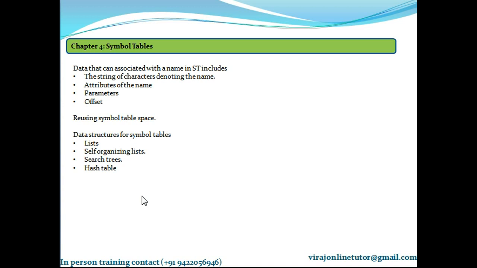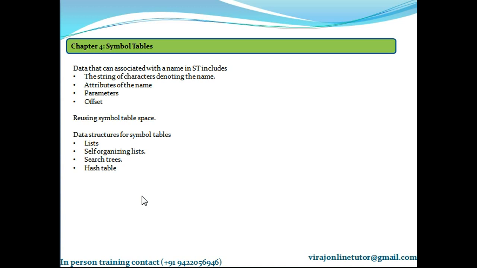Data that can be associated with a name in a symbol table includes the following: the string of characters denoting the name. If the same identifier can be used in more than one block or procedure, then an indication of which block or procedure this name belongs to must also be given.